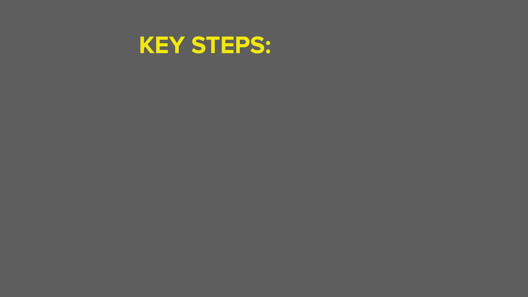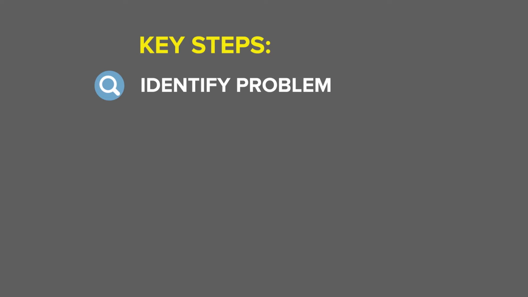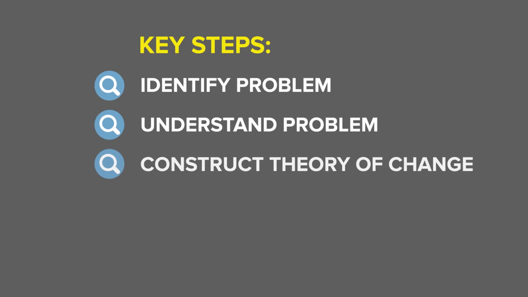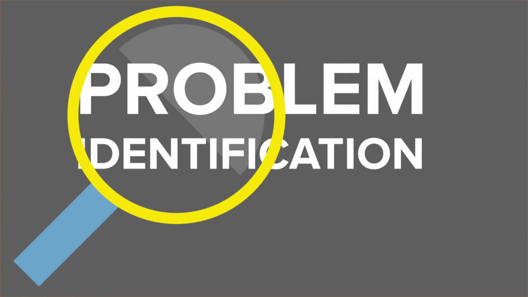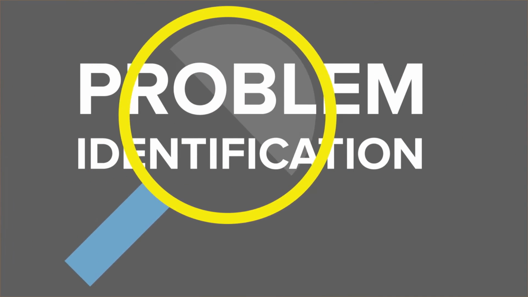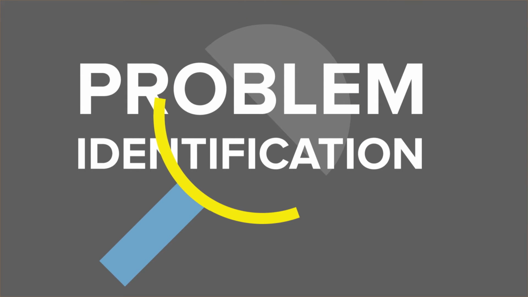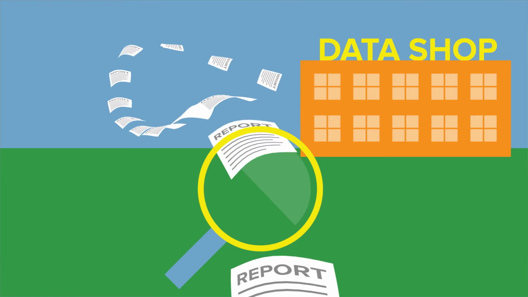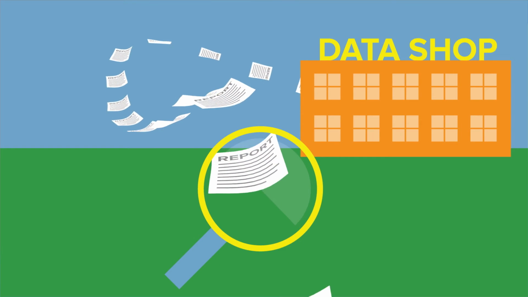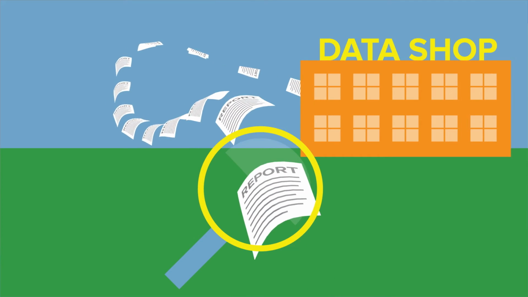The key steps for this phase are identify the problem, understand the problem, develop a theory of change, research solutions, and choose a solution. The first step in Identify and Explore is problem identification. Problems or areas of practice or system performance that need to be improved are identified in a variety of ways. Sometimes areas needing improvement are identified through external processes, like federal monitoring reviews. I often identify problems when I'm reviewing reports produced by our data shop,